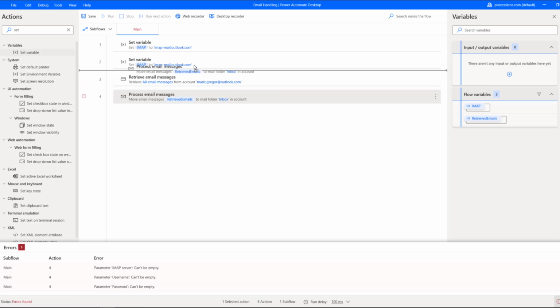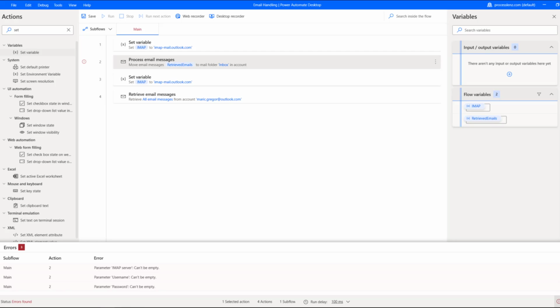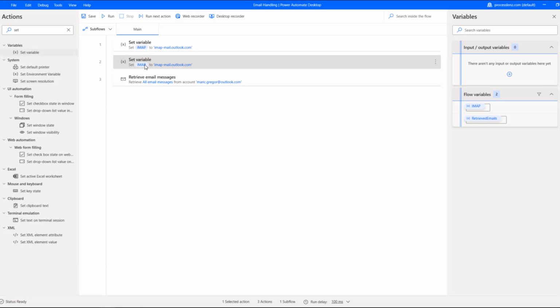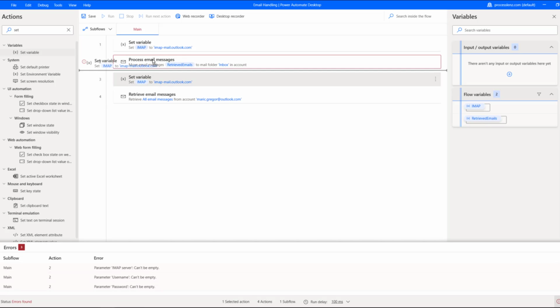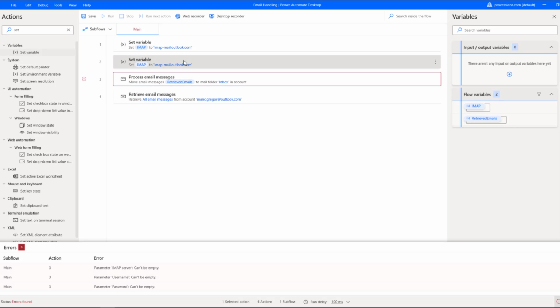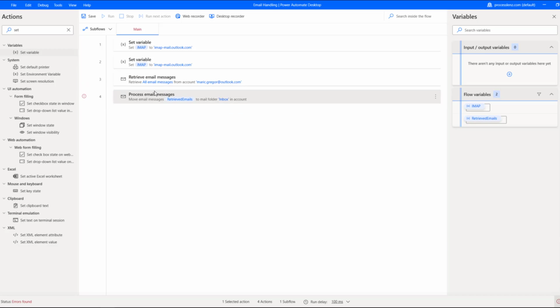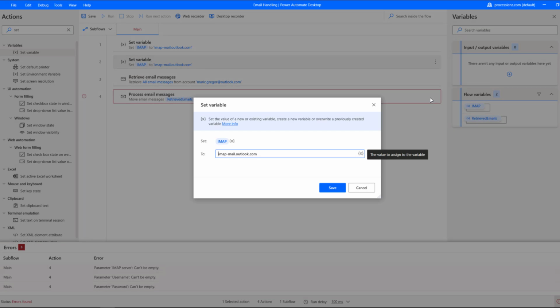So let's also set the variable for the SMTP server, and let's move them all the way to the top of the page so that we can first set all of the variables, and then we can use the different variables inside of our process. So once we have the variables at the top of the page, we can go inside of our different actions,